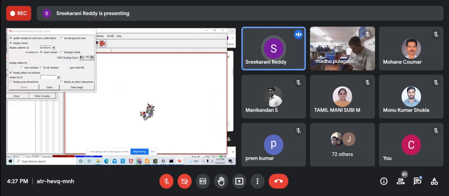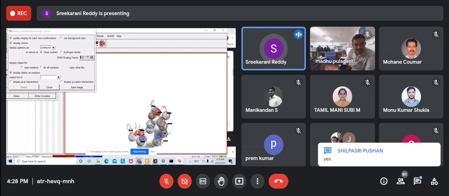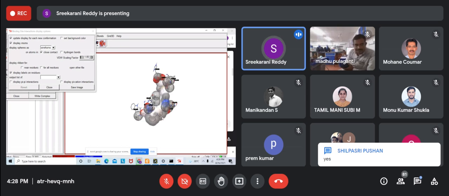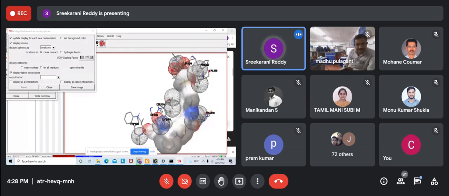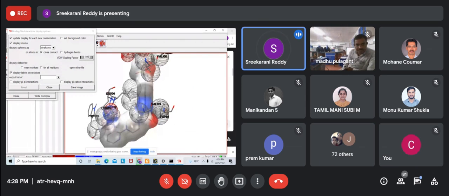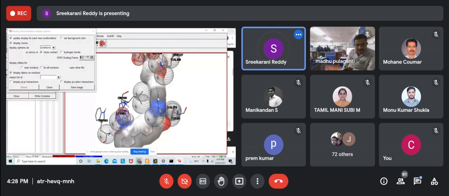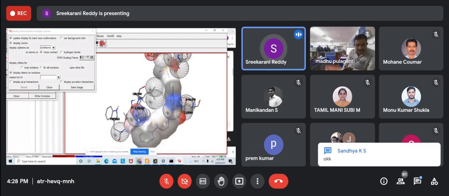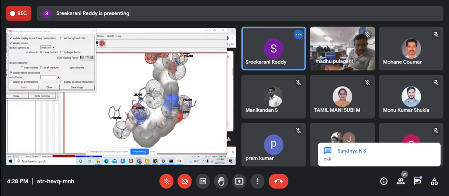So what I did, I went there, I have docking, show interactions I have shown. See, the graphical view here is not that good. So I will show this one in PyMol itself. So if you see here, whatever surface view you are seeing, that is the ligand, and whatever you are seeing, these are the interactions.